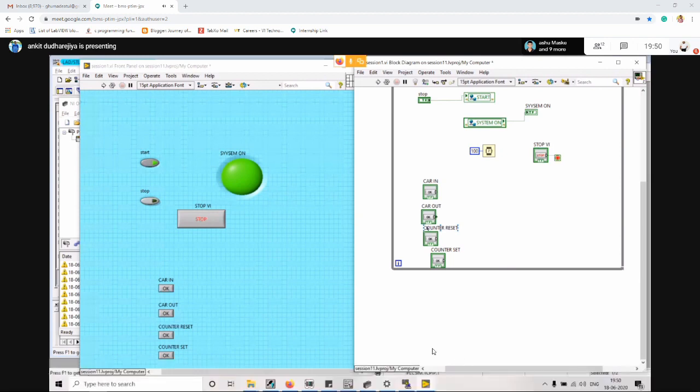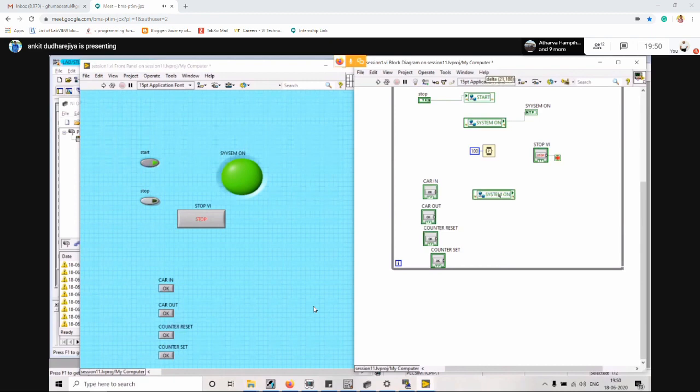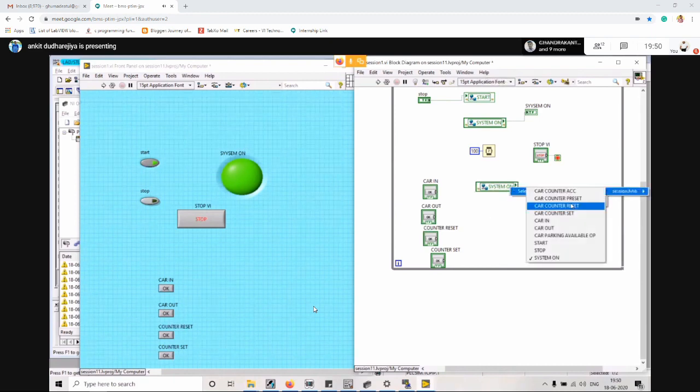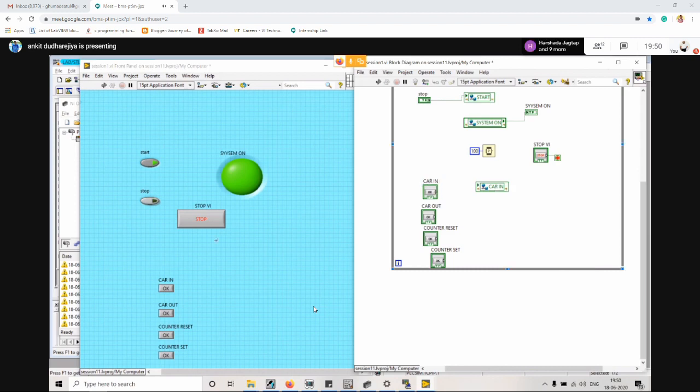Now let's copy the tags from there. What is the tag? We have car in, so we have to update car in. Now we have to change this access mode to write, because we want to write the value whenever we press this switch. So this car in bit will be high, and it will be written into the PLC.